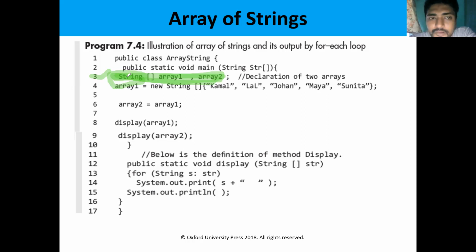Non-primitive means it may be either a class name or an interface name. If we use a class name or interface name as a data type, then those are named non-primitive data types. String is a non-primitive data type. String is a class in the util package. In the util package, we have so many predefined classes. Likewise, string is a predefined class.